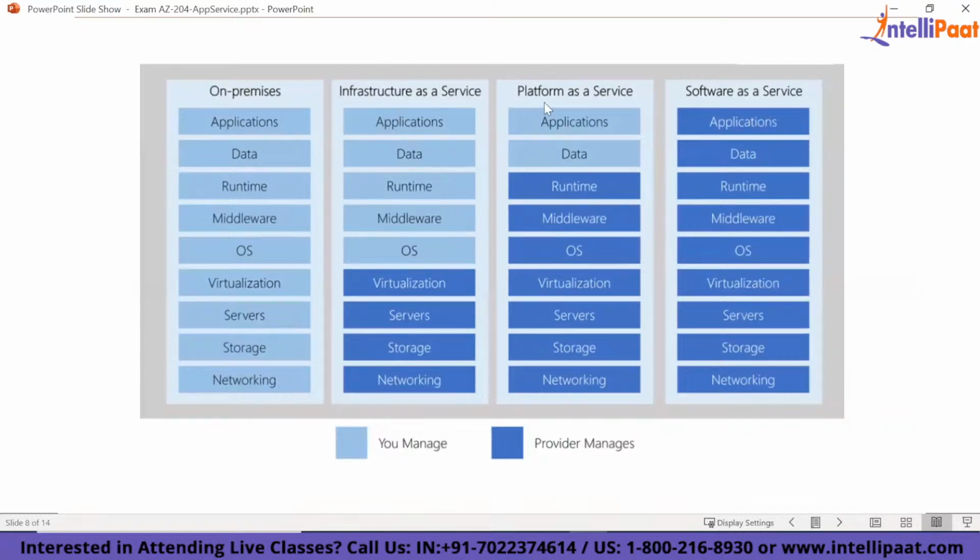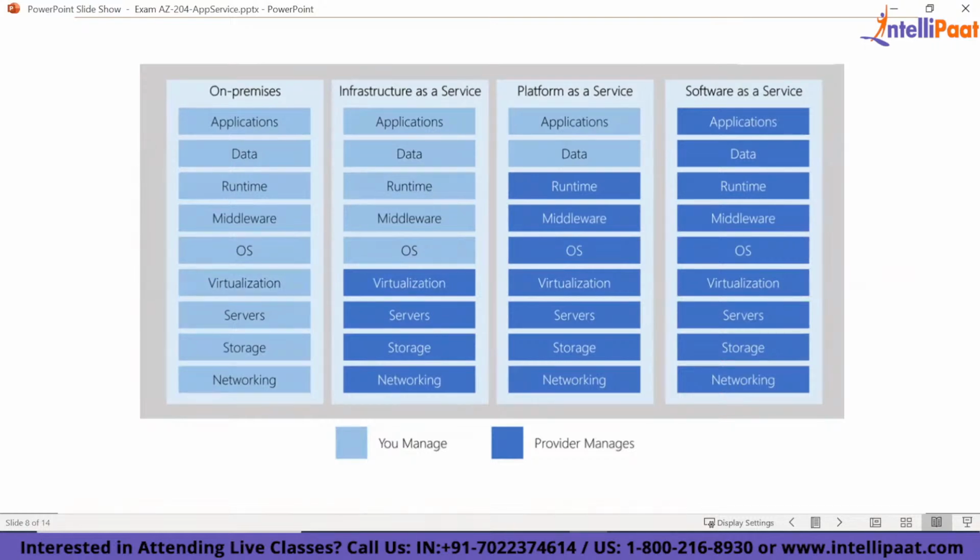Then coming to the platform as a service, or the PaaS offering. In the PaaS offering, you as an application owner have to manage only the application and data. All other parts, the provider manages. So an example of platform as a service would be the App Service, which we're going to talk about today.